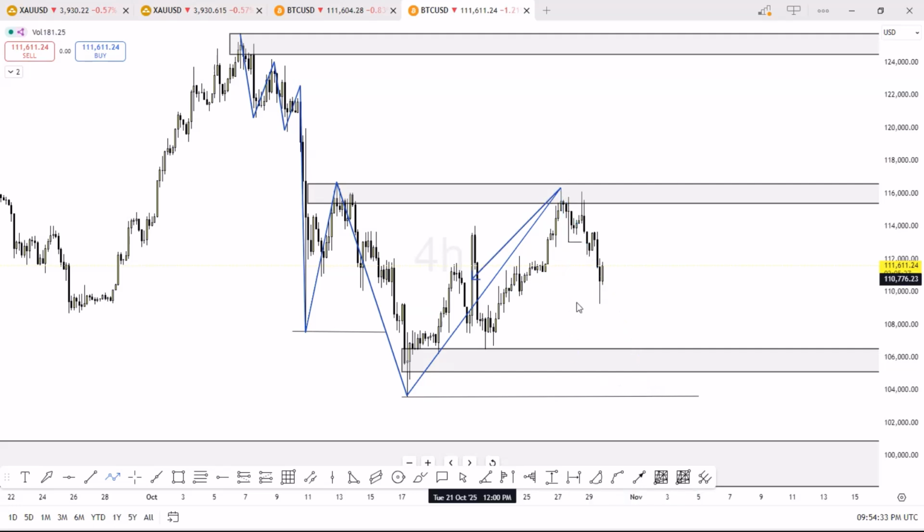And what I'll be looking forward for price to do is come back down and break through below this zone as well. So you see that things become very, very easy when you actually understand what the market is doing, or when you just take your time and analyze the market.